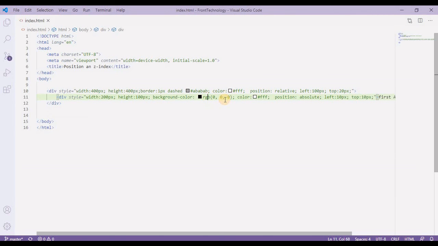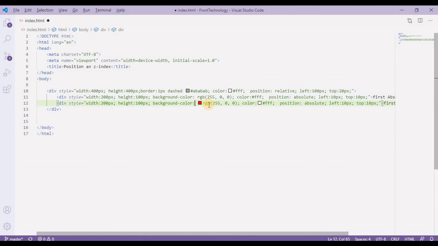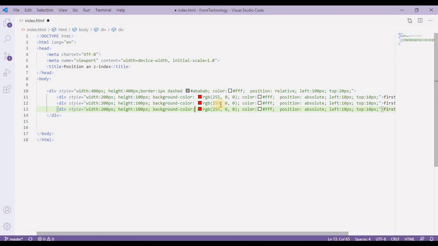Okay, before I go back, I should change the color, and that is going to be red for this moment, 255. And I should take two other elements, one with 0 and this one with 255, and the last one should have the blue value so that we can easily differentiate.